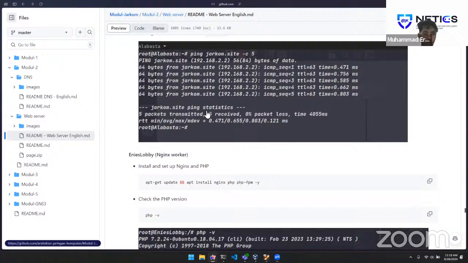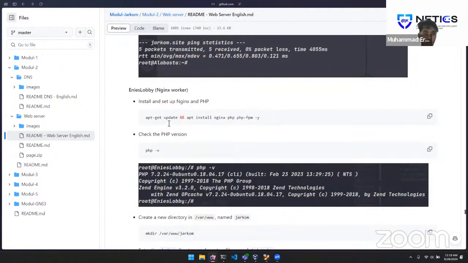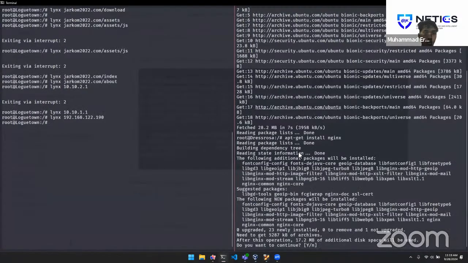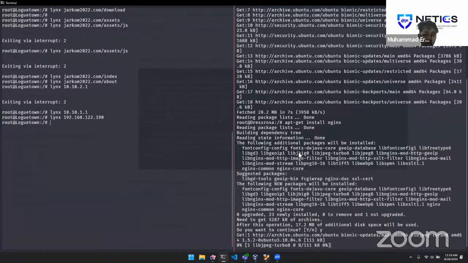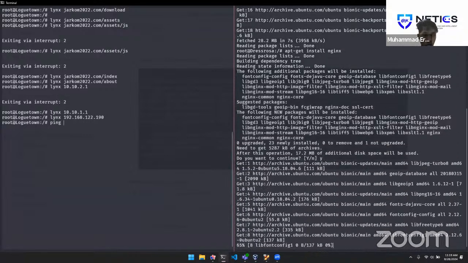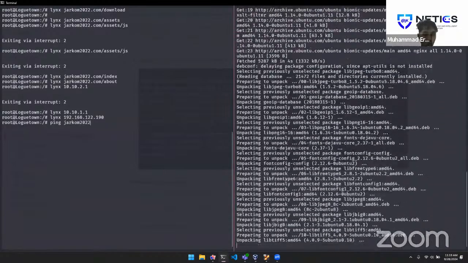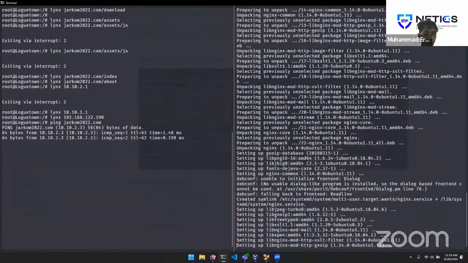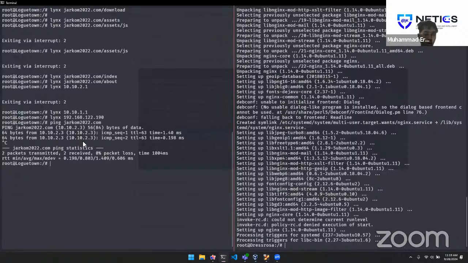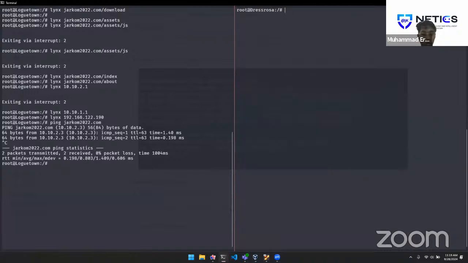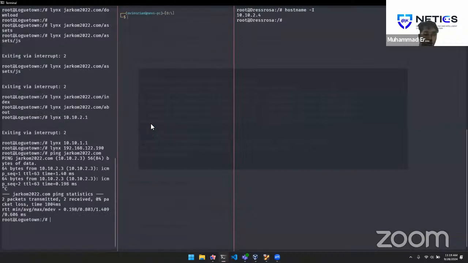Testing the domain created. Okay, whatever. And actually, we need to change something. If we ping jarcom2022.com, it would point to Water 7, and we need to change this to point into the Dressrosa. So in here, we did the first name test. We can open the Anis lobby for our DNS server before,